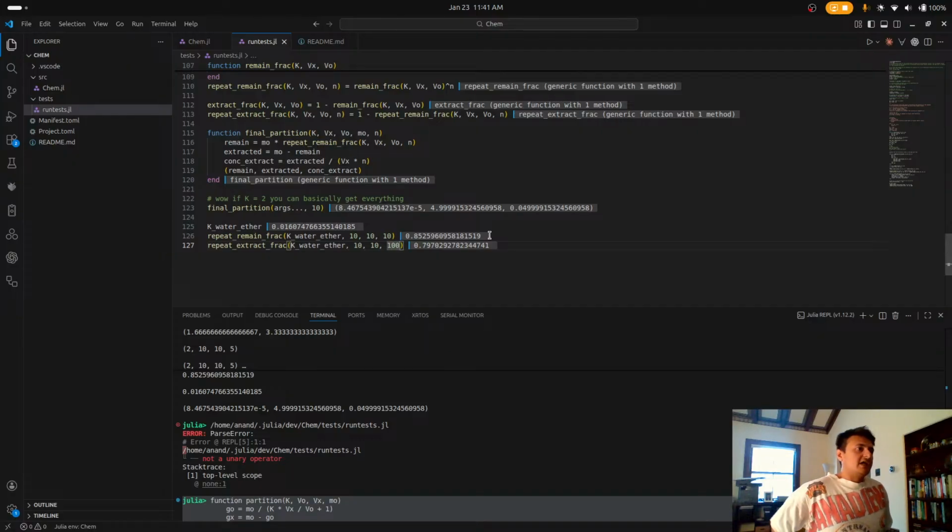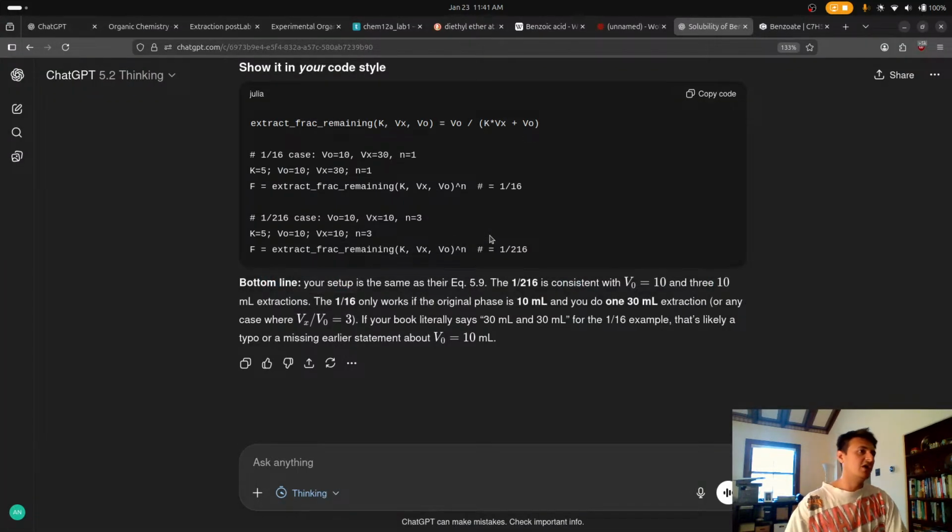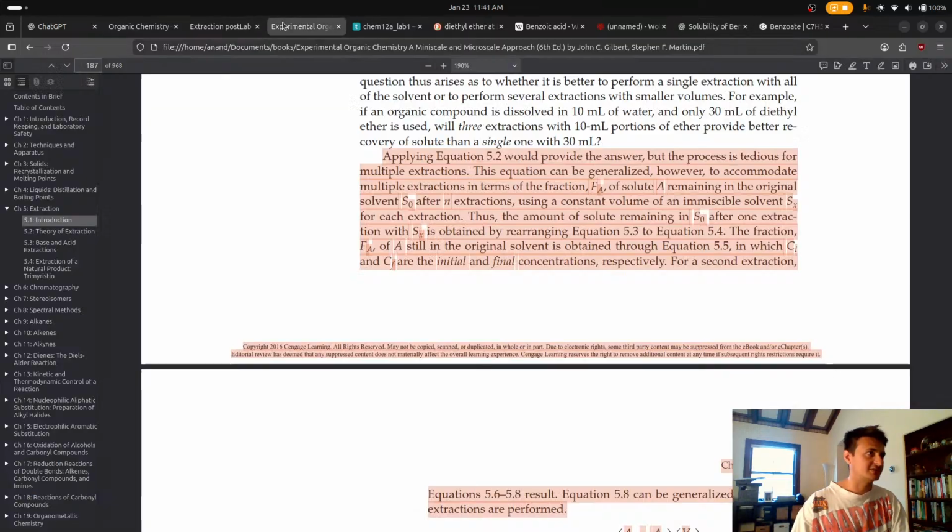That's pretty cool, actually. Even if the K value is not in your favor, you can do a ton of extractions and still kind of get it out. Obviously, there's a limitation on doing it that precisely because there's probably error incurred in each extraction. So you can't really do it, but